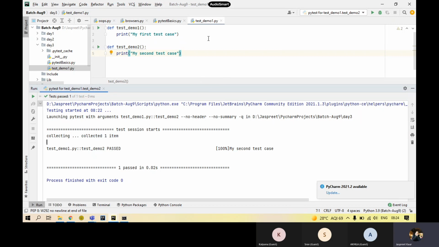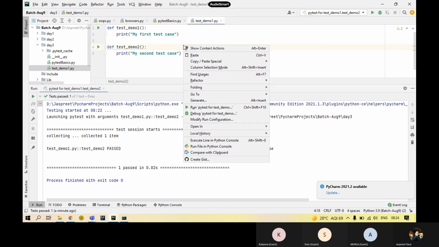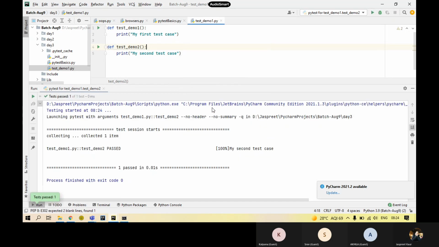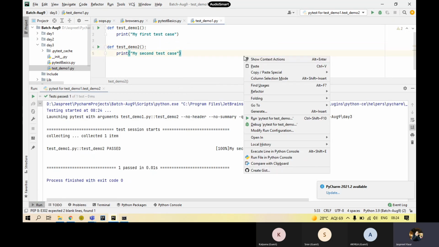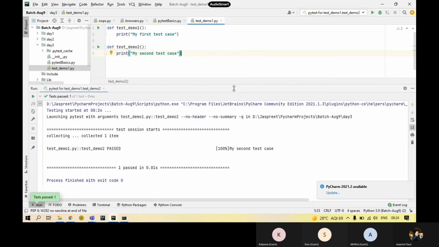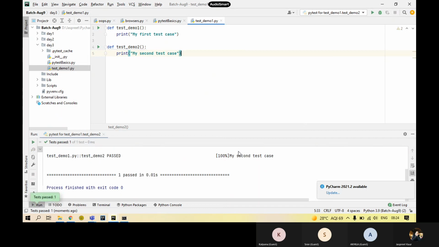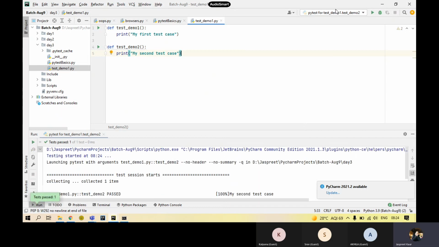Now if I run this whole file, which has two test cases, I need to just run this file, run PyTest. For this, I click somewhere here. You see. Just a second there.